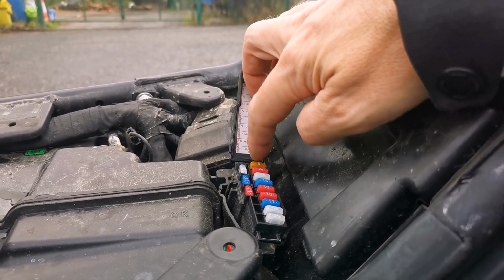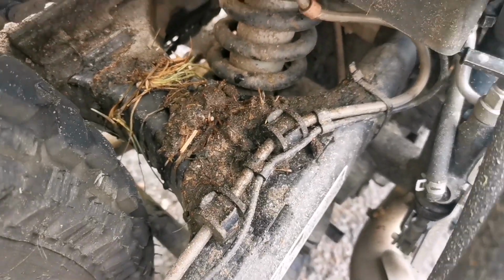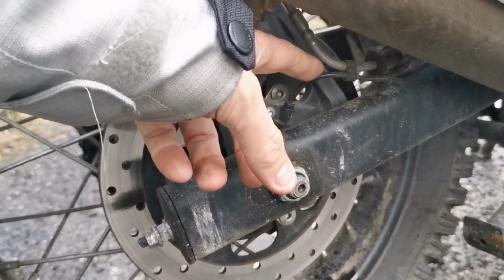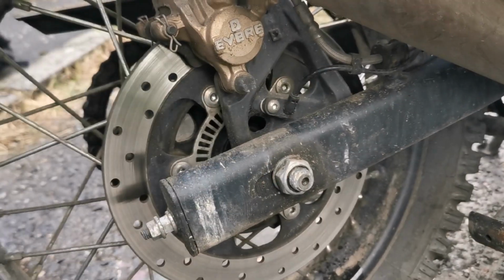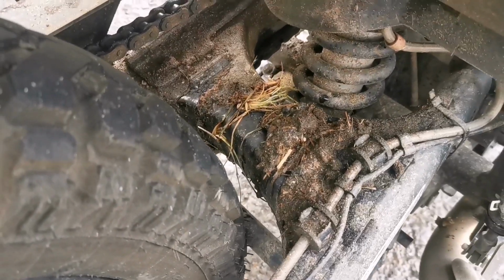Now I've replaced the fuse, straightforward. You see how much mud and stuff slung up in here. That's not unusual for me. I guess it's probably not unusual for most Himalayan riders, but it's not impossible that your electrics for your ABS and stuff here might be damaged. One of the reasons you might get blown fuses on ABS more often than say other types of fuses